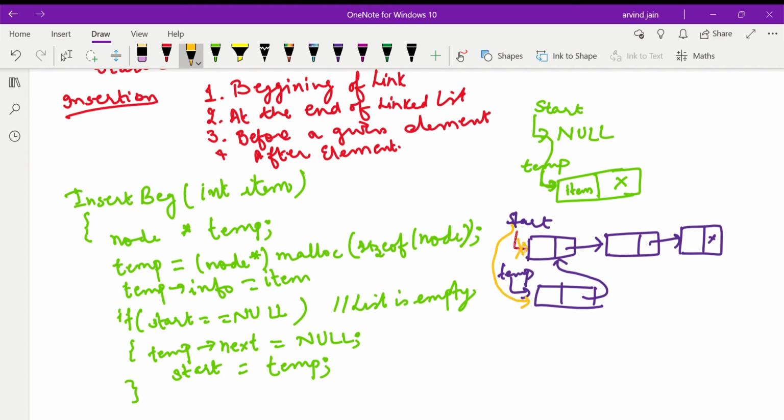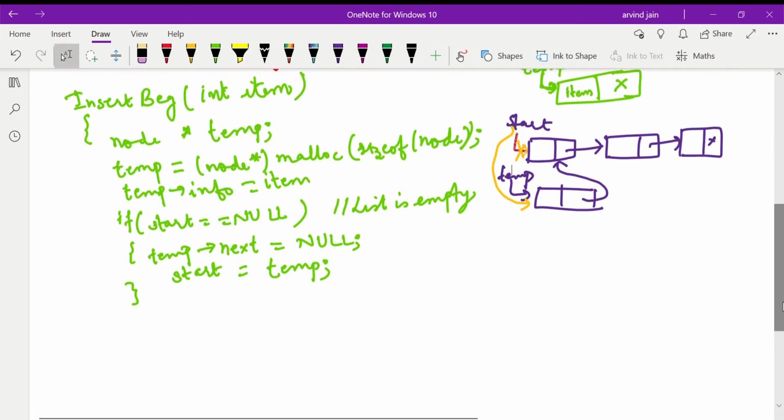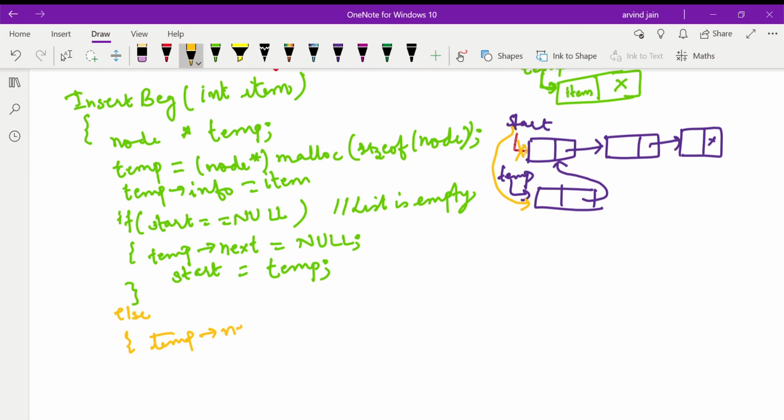To do this we write the else case: temp next is equal to start, and start is equal to temp.